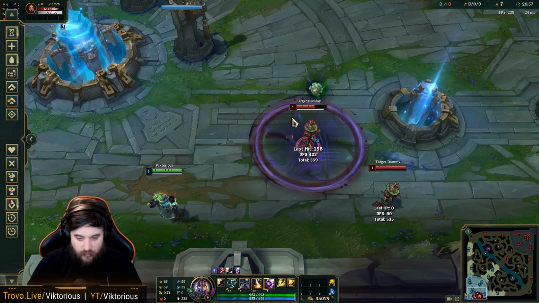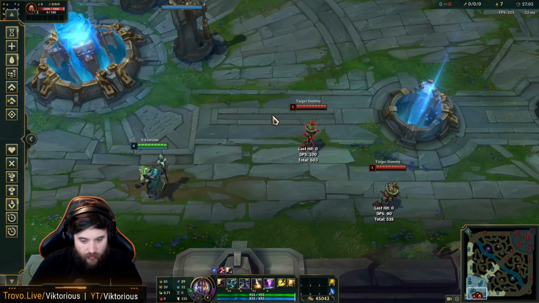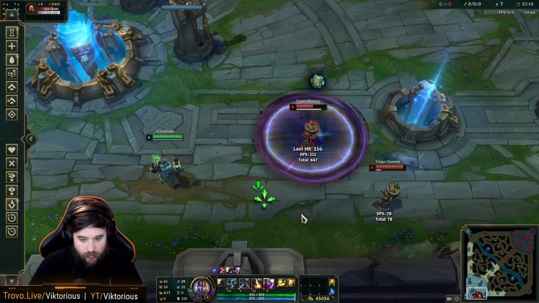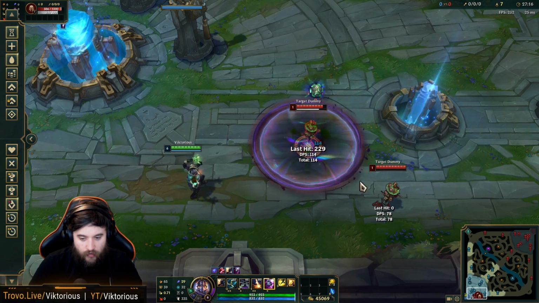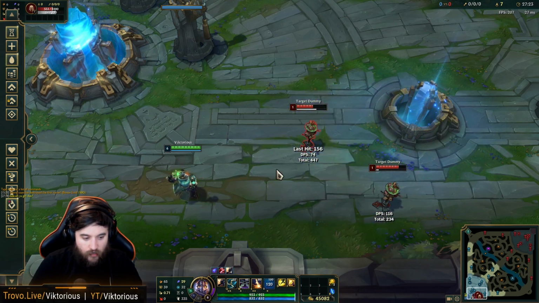It's constantly doing tick damage every second. You can also move it by casting ult and just keep hitting R, and it will follow your cursor. And if you cast it on a target, you see the little indicator right here on them. That indicates that the ult is going to automatically